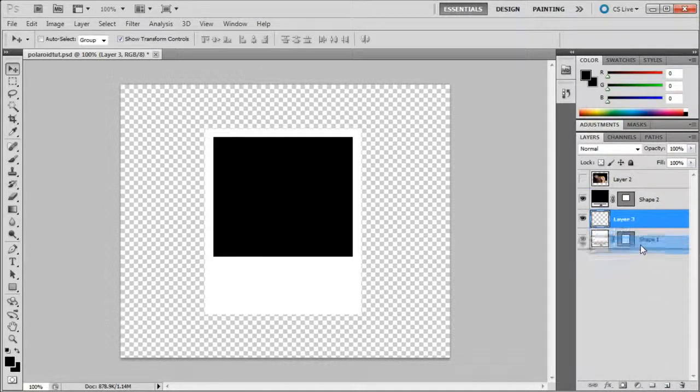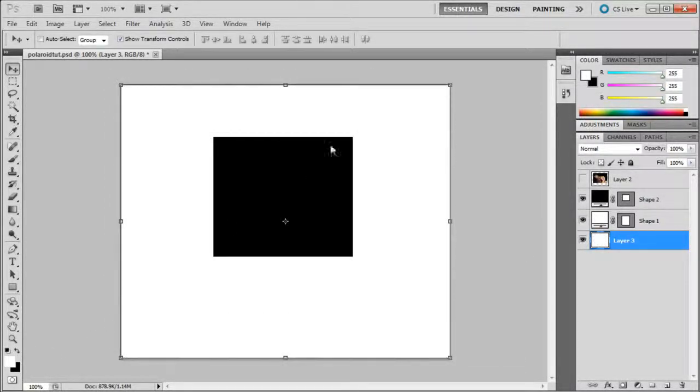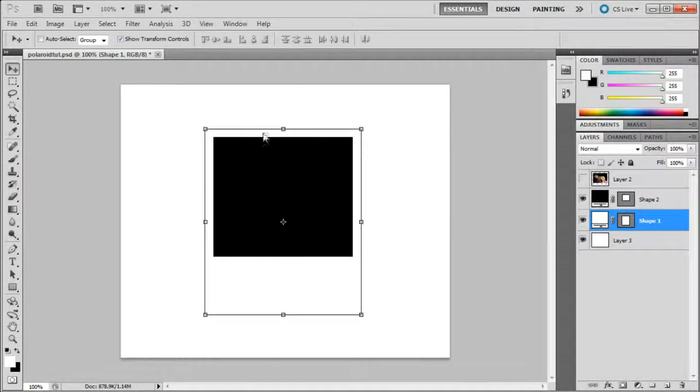If I create another layer, put this at the bottom, and I'm just going to get a foreground color of white, hit Alt-Delete, and you can see that it has disappeared our white rectangle, and that makes sense because white on white is obviously going to disappear. Now, if you wanted to use this Polaroid on something white, then you would have an issue because it obviously disappears into the background. So the way that we're going to give this some definition is by going